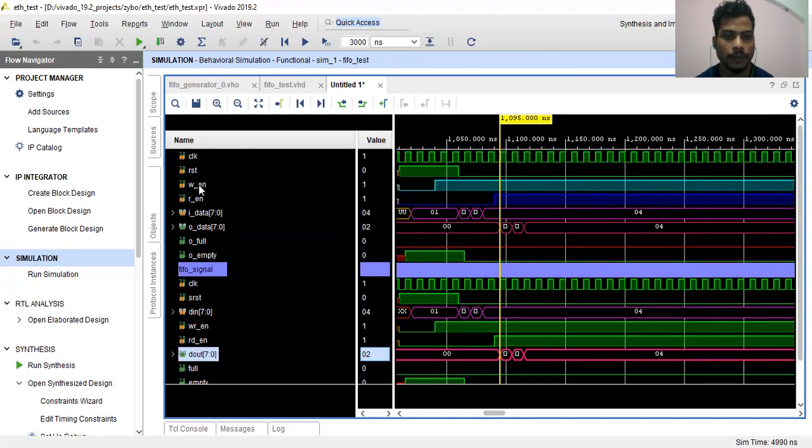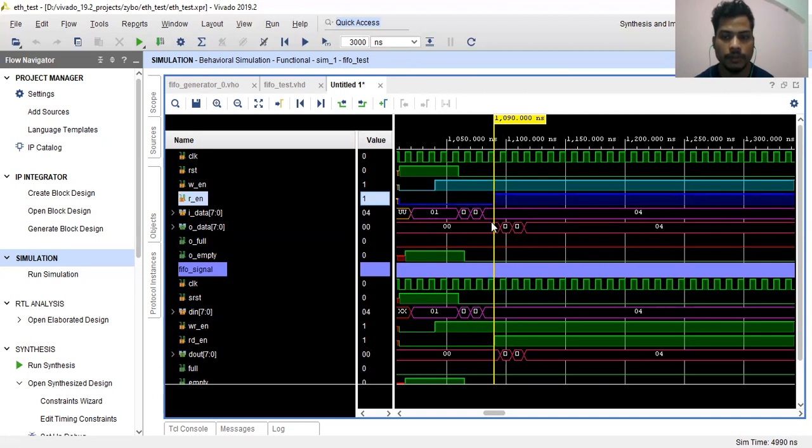I have made the read enable high, right? Made the read enable high, and